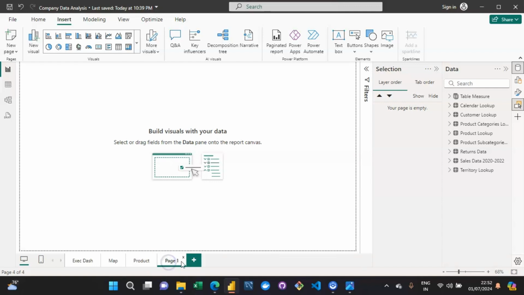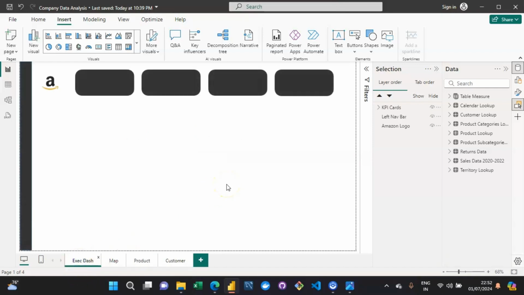And then finally, I can come up with my fourth page, which is conveying the information with respect to our customer details, right? So these four pages you can create from your side as well. We will be simultaneously working on these multiple reports, but our major focus is going to be on the first dashboard itself, just because we are creating this dashboard for the executive only,